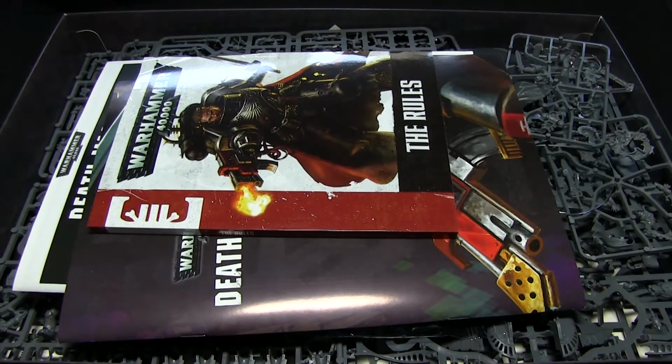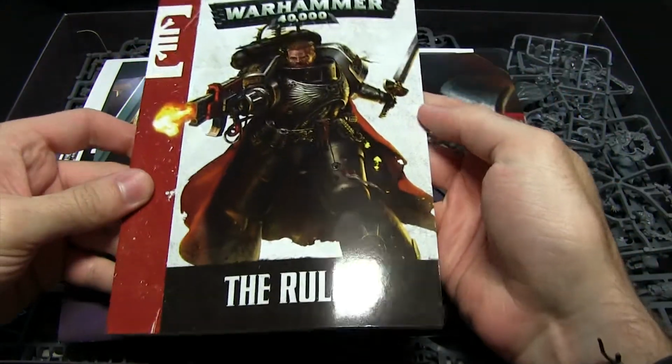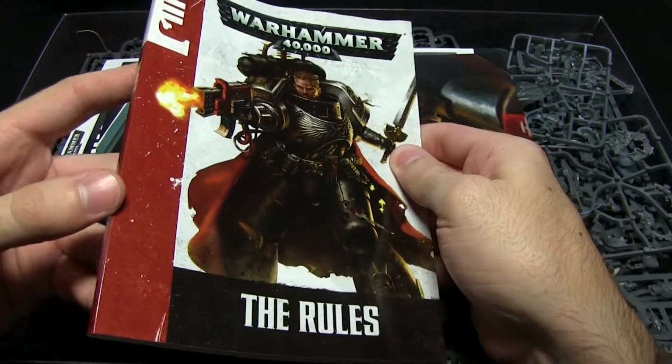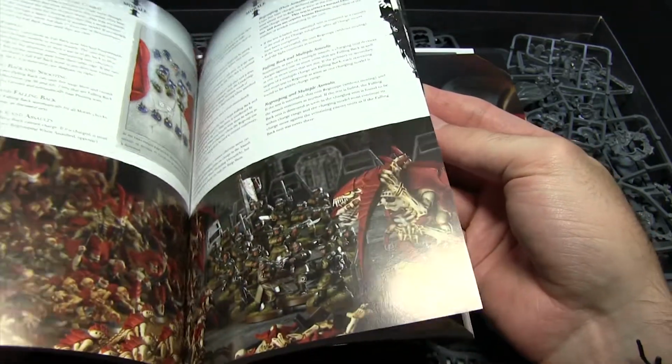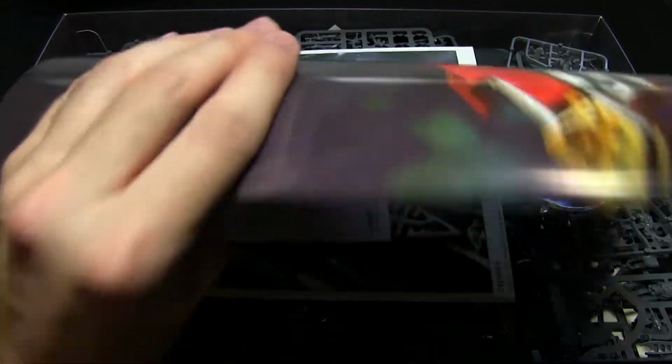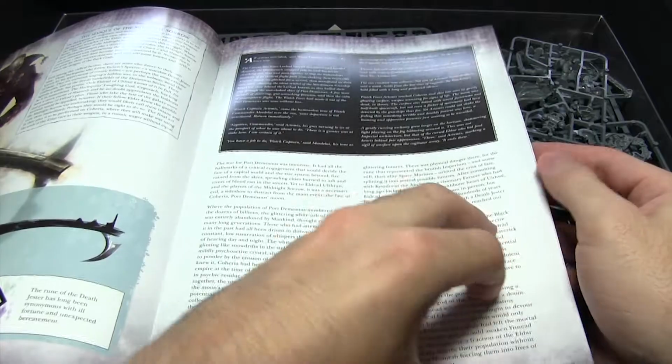So inside the box set we get the following items. First of all, we have the mini rulebook, which is pretty much the same as the one you get in the Dark Vengeance set, albeit you get a Death Watch themed cover here, but apart from that, all the other pages are identical. Next up we have the Death Masque campaign booklet, which contains some background, as well as 3